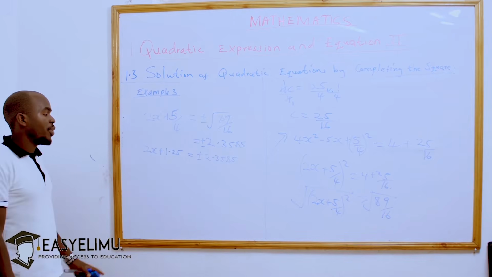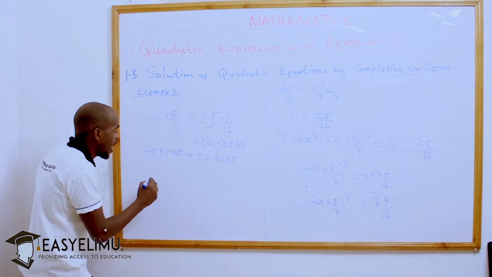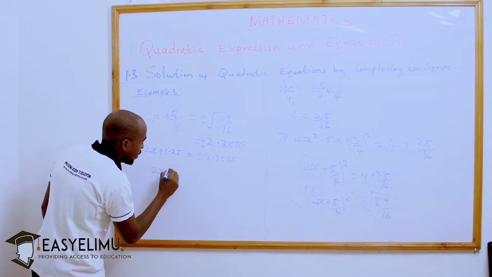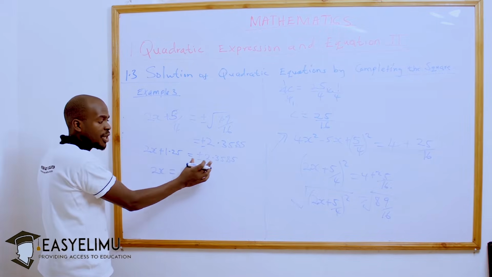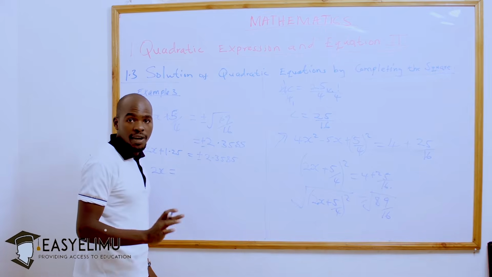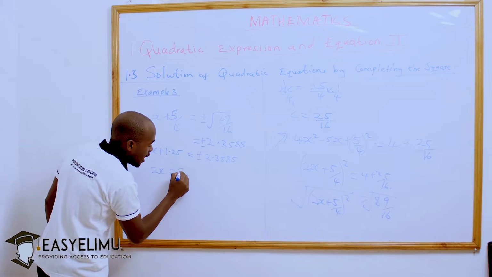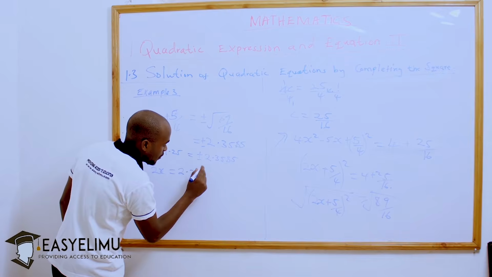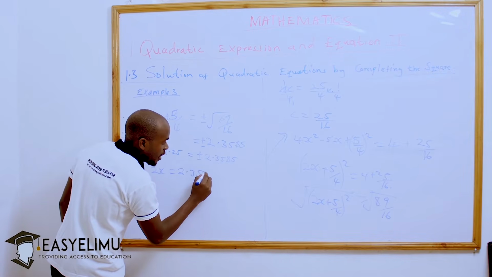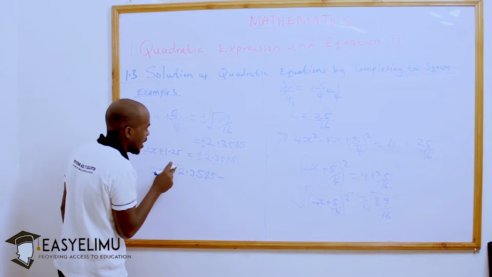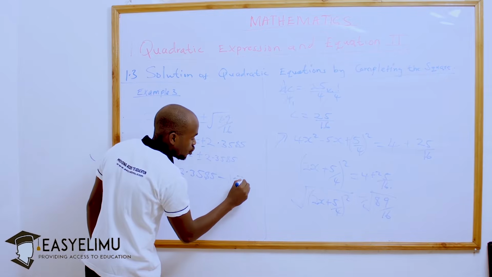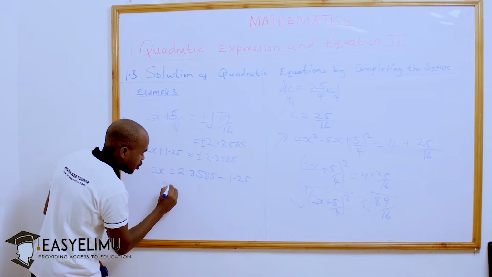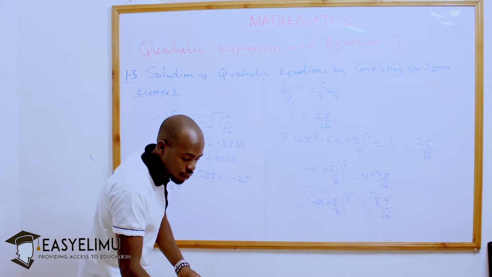So, having that one, we can find the value of x and say 2x is equal to, if we take this right hand side first to be positive, then we shall have 2.3585 minus 1.25, and we shall get 2x is equivalent to